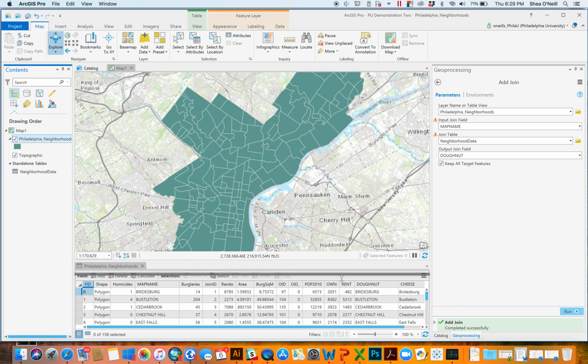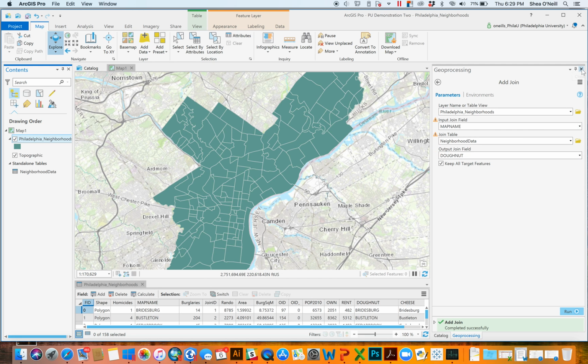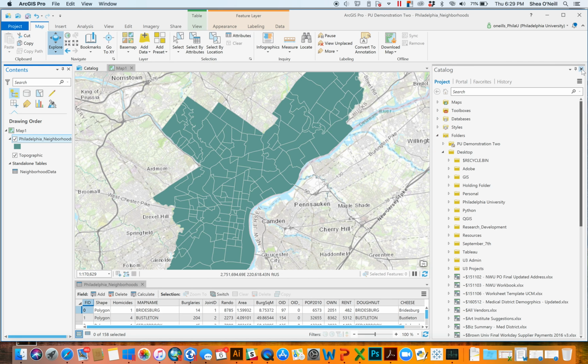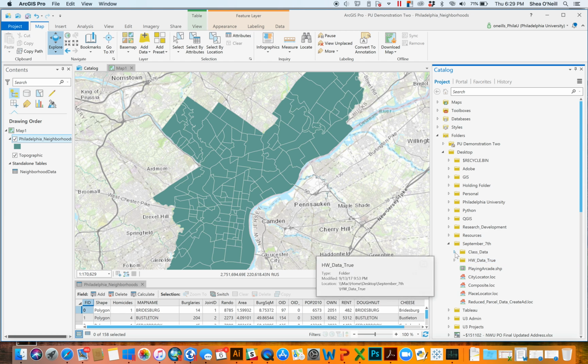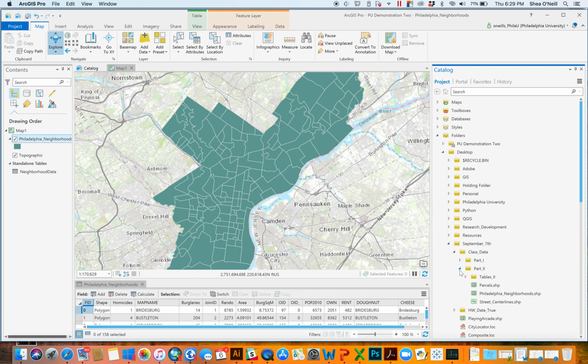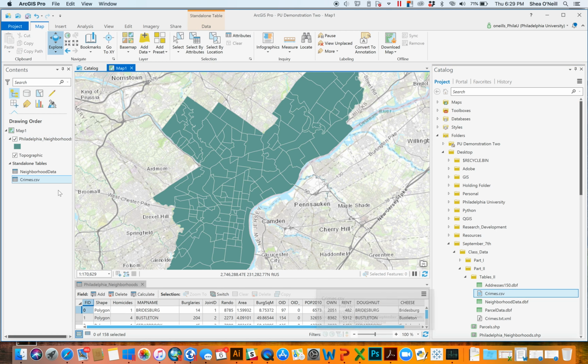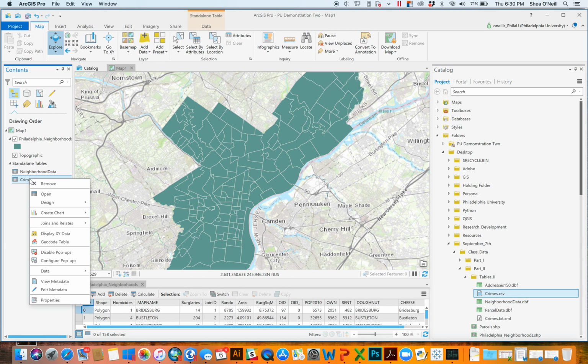Cool, so then the next thing that I'm going to want you to do, so that's joining, right? We'll return to it considerably throughout this semester, but primarily what you need is 2 identical fields to match your data. So the second way that we could get data in your September 7th folder, you should see something that says crimes. And if we grab crimes in the table and drag it in and open it to examine it,